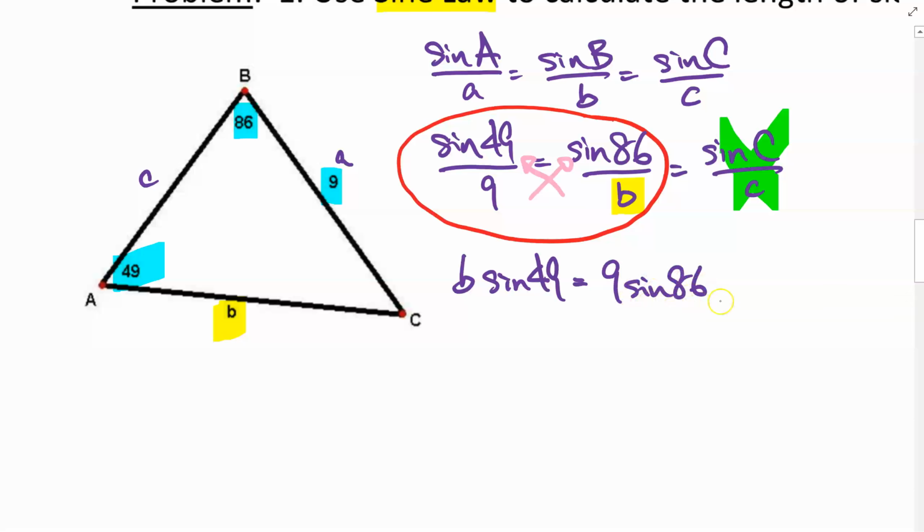Notice I'm not writing something like sine 86 9, because that would look like sine of 869. I wrote 9 times sine 86, not sine 86 times 9, just to avoid that. Over here we are going to bring it home by getting the lowercase b isolated. Sine 49 divided by sine 49 is 1, so b times 1 is simply b. And on the right side now we have 9 times sine 86 divided by sine 49. If you do that on your calculators, you should get 11.896,